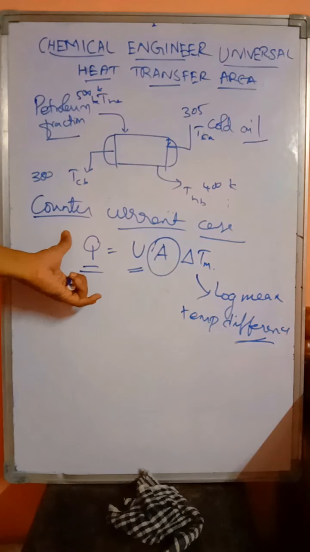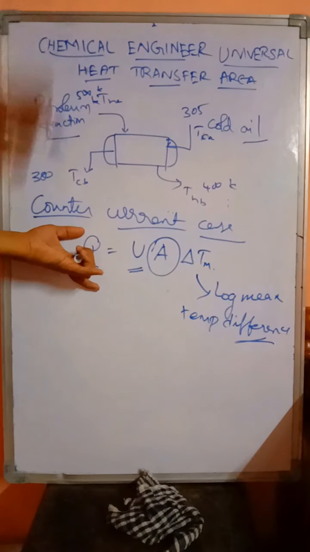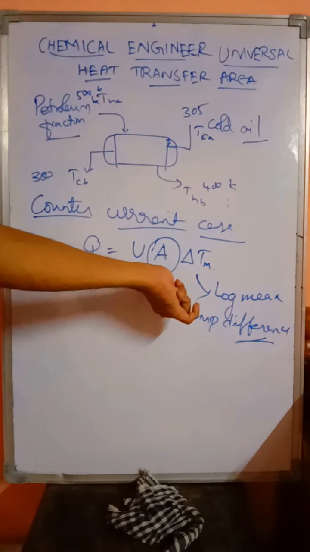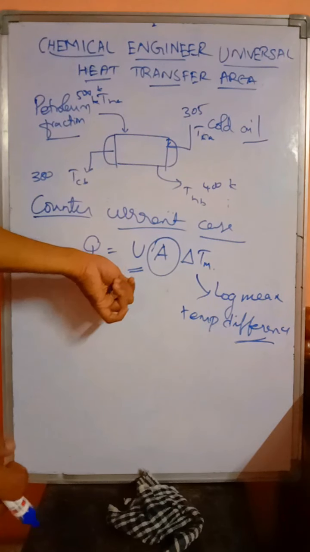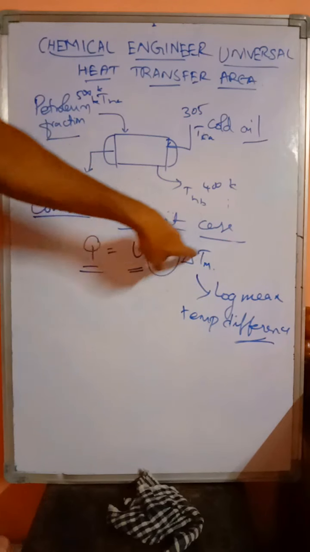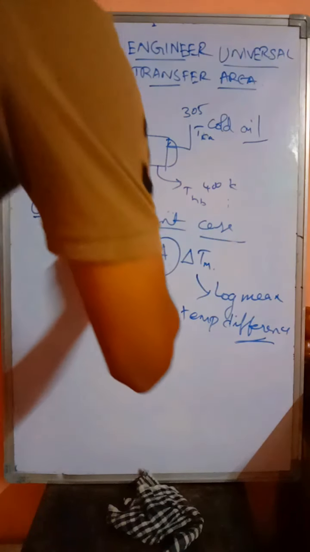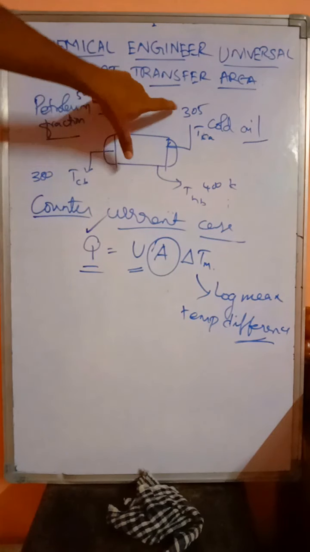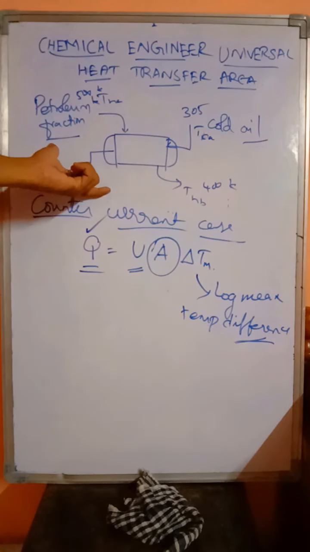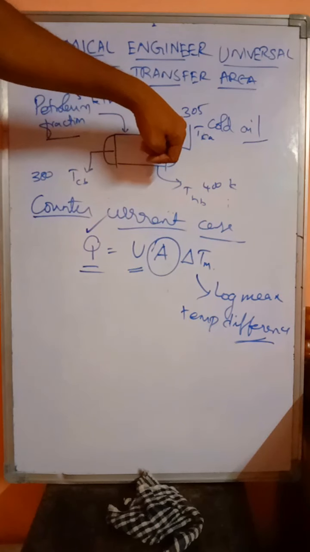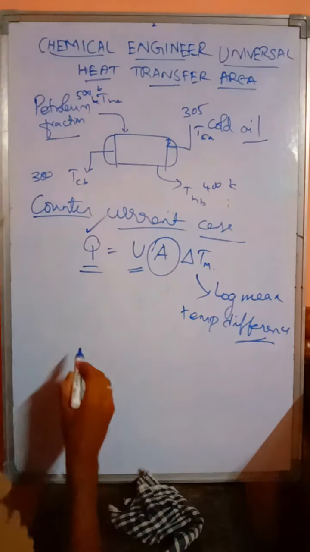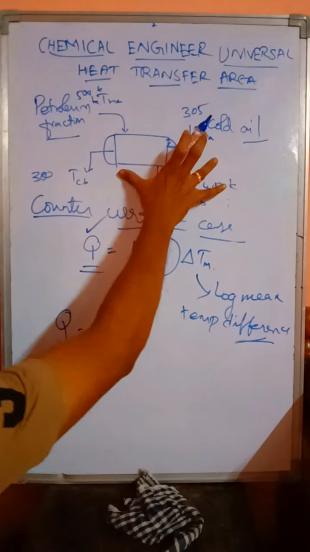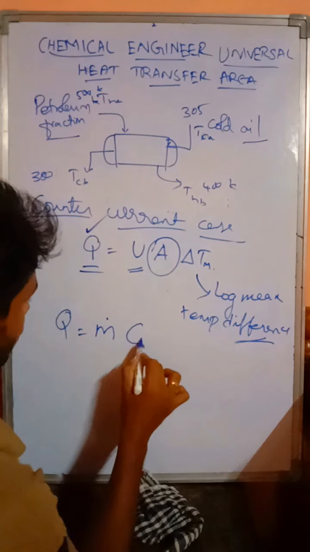If you know the Q value, we can find the area of heat transfer required using the available data. So first one is Q. How do you find the Q? Based on this, we are going to heat the cold oil. The available data is that we are going to heat the cold oil from 305 degrees to 380 degrees. This is the available data we have, and we need to find the heat load for this. So what is the total heat load?